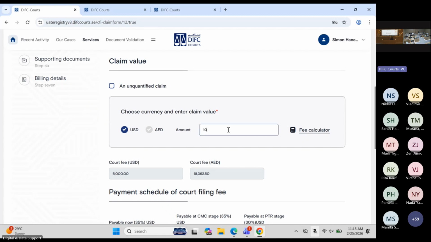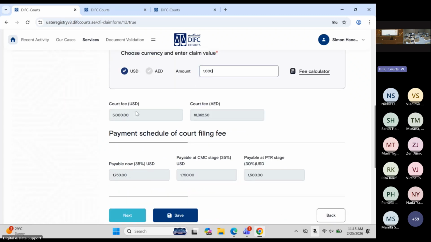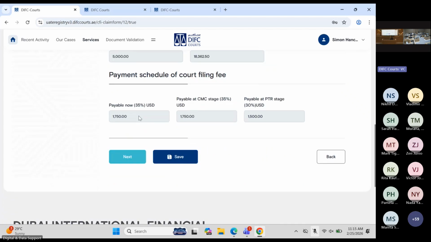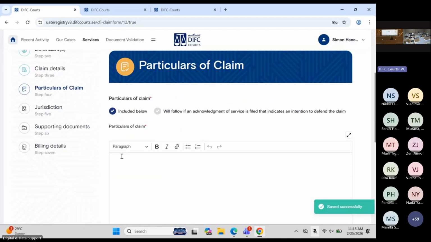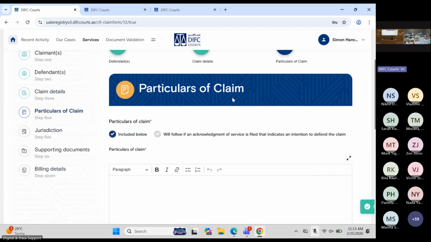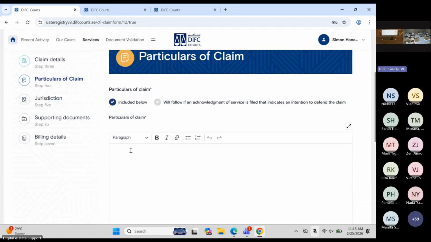But for example, if I were to add in a claim value, let's say that amount, then the court fee changes according to the amount. But let's say if I'm just filing for 1,000, then the only court fee that is applicable is $5,000. We then click next. And then here you add in particulars of claim, whether they will be included below, or